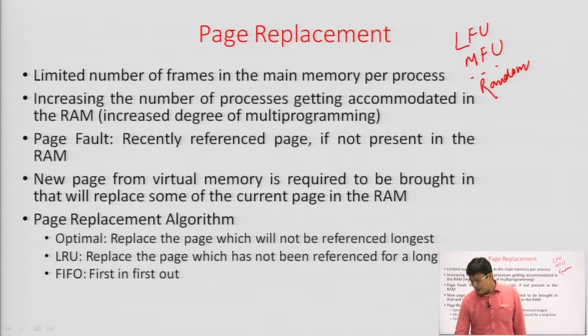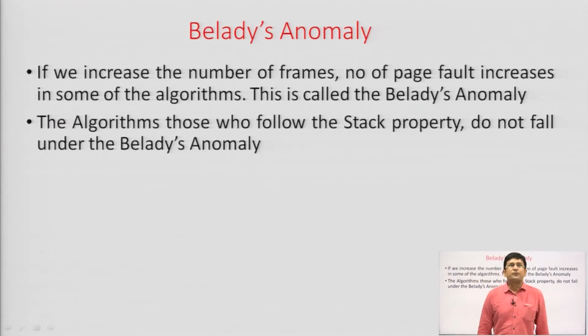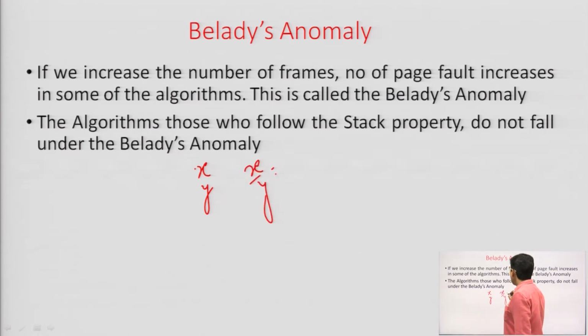We have also seen with the numerical how the page faults occur. We were counting the number of page faults. Let us say in a certain duration of time x page faults occurred, and there were a total of y references. So, we will say that x upon y is the page fault rate.